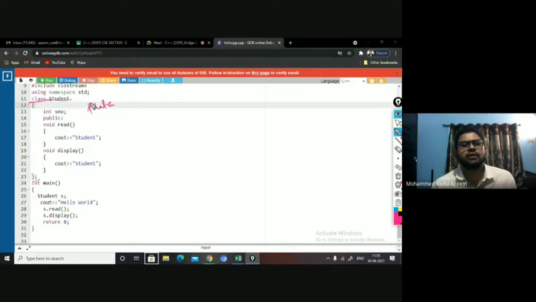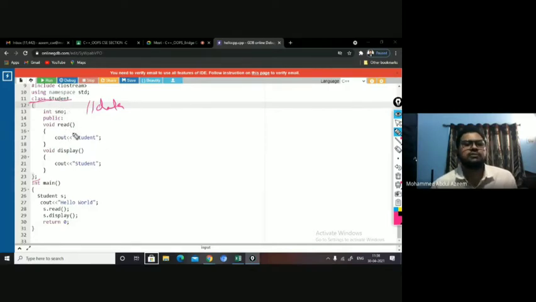While you are declaring the data, here I did not mention the access specifier. If I did not mention it, it is by default private, right? So S number is declared under private.